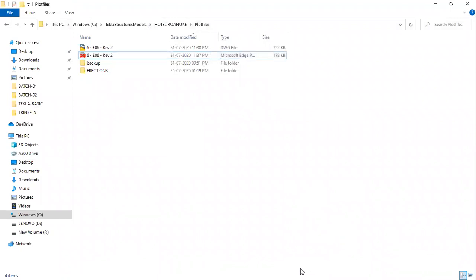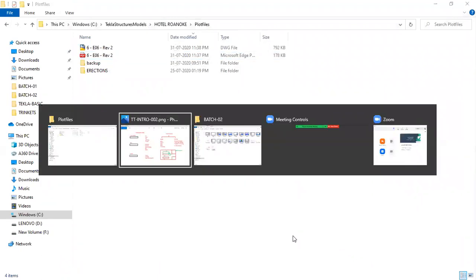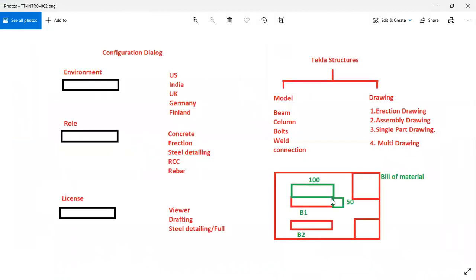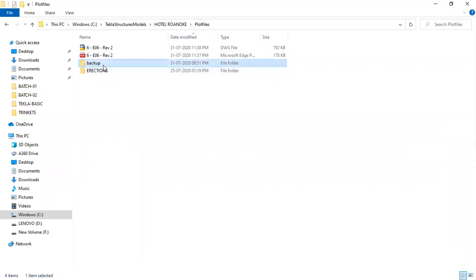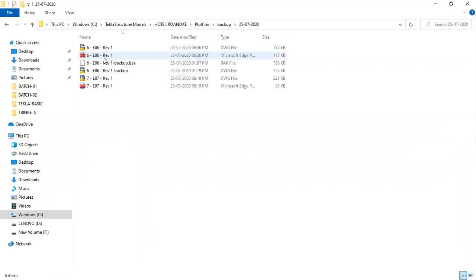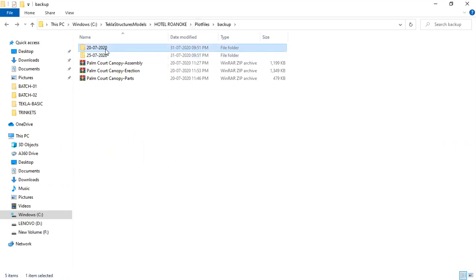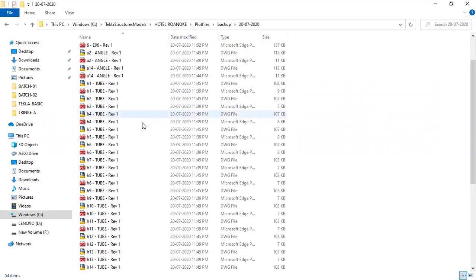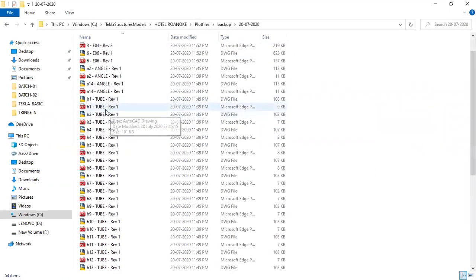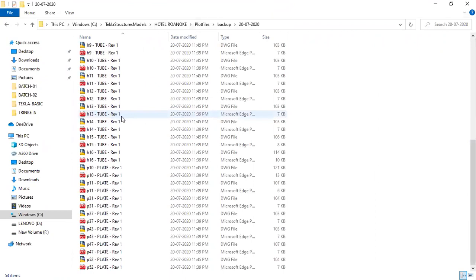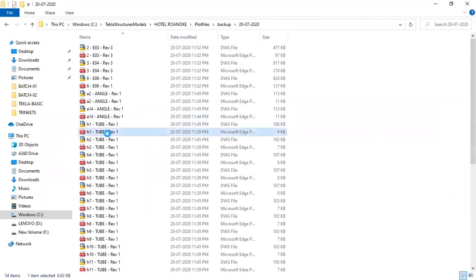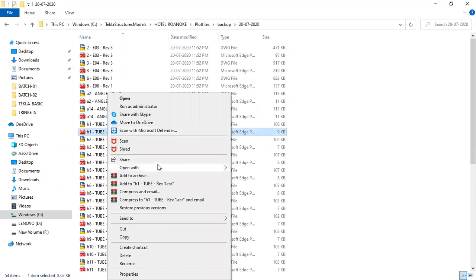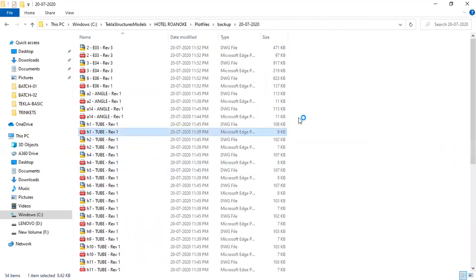That was an example of how a drawing looks. We have shop drawings as well. This is a kind of shop drawing which we have.